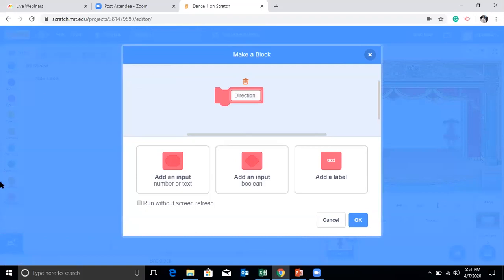Yeah, I think it's good. So add an input, number or text, add an input, add a label. So I can include an input. For example, if I do this, it depends on what kind of shape your block is. So if you move this here, you can choose any of three out of these. So for example, if I want to add,